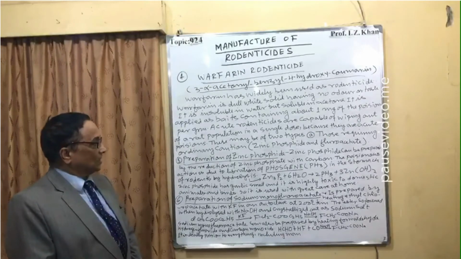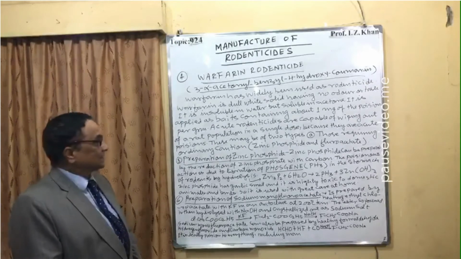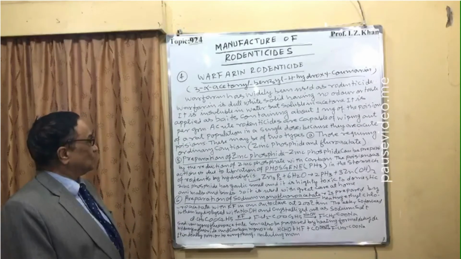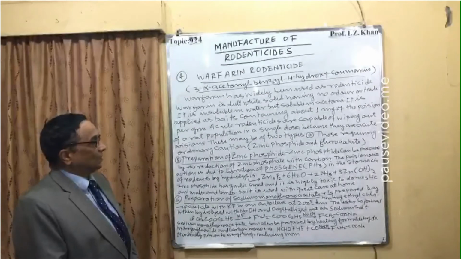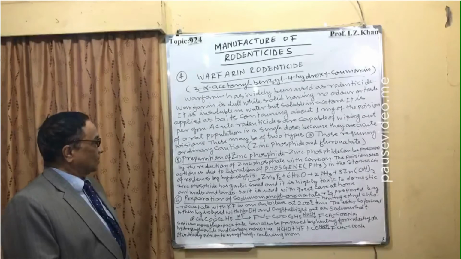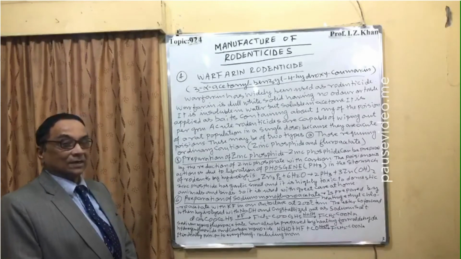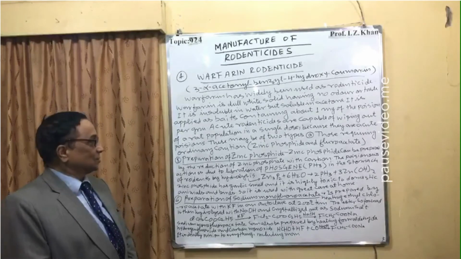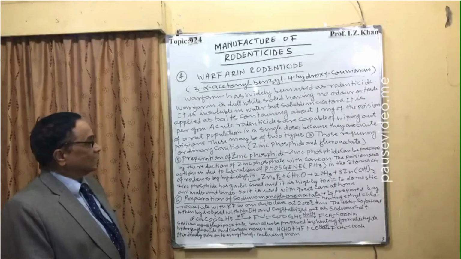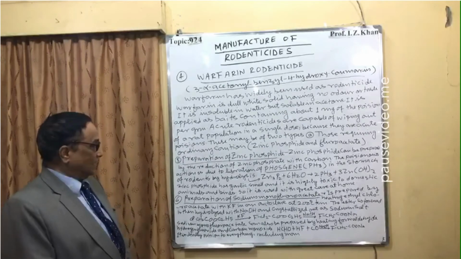Acute rodenticides are capable of wiping out the rat population in a single dose because they are acute poisons, and these may be of 2 types. One is the dose requiring ordinary caution, and the other is requiring very drastic caution. The one requiring ordinary caution is zinc phosphide and fluoroacetate.